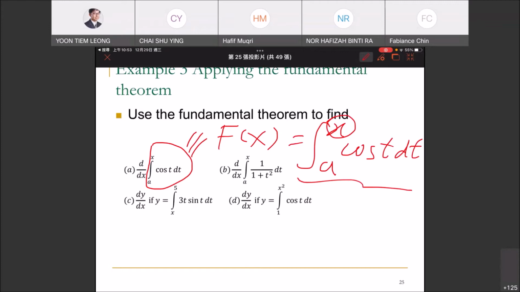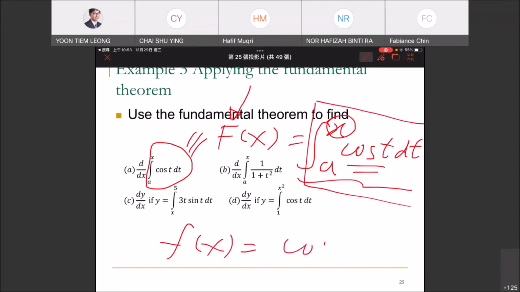So let me repeat again. The capital function F(x) is defined to be an integral function of another function, which is cos t. So you integrate cos t from a to x, that defines an integral. Therefore, the function that is defined by this integral is said to be the integral function, a function in the form of an integral. But this is different from the other functions that we are used to, right? Previously, for example, when I give a function, it is always, say, either cos x or